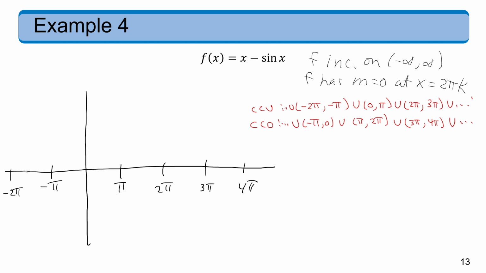Now we haven't found any y values. It might help if we find at least the y-intercept. X-intercepts might be kind of harder to find. So the y-intercept is always easy to find because you just plug 0 into the function. And so we'll get 0 minus sine of 0, which is also 0, which is 0. So we've got this point 0, 0. Maybe we should plot at least one or two more points because we have nothing else with y-coordinates on this one. So if you just make a table like you're plotting points,